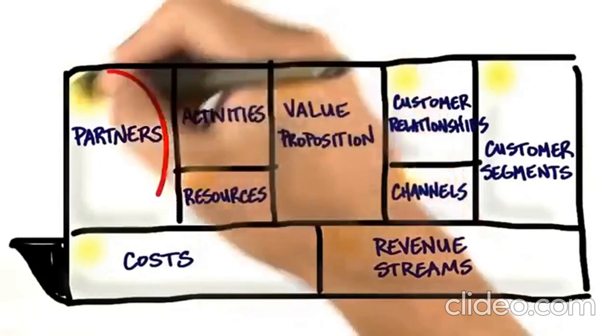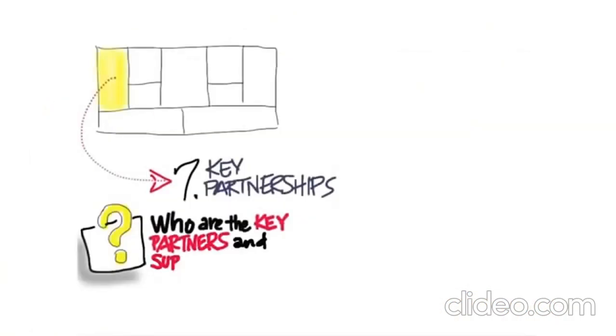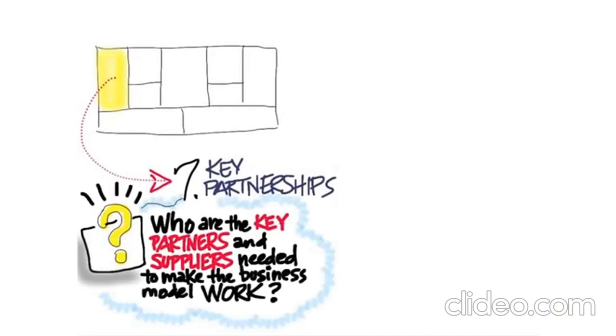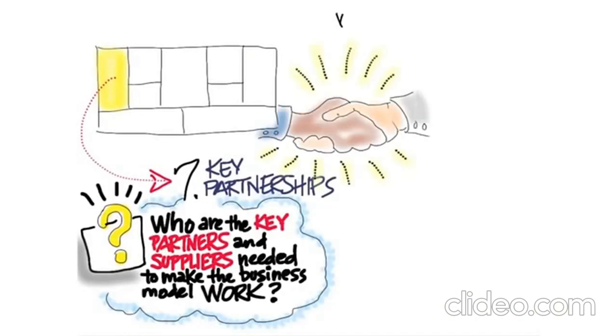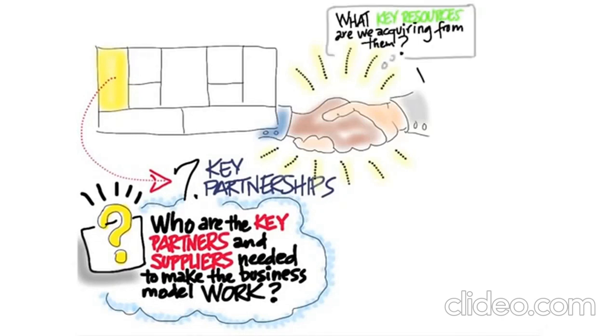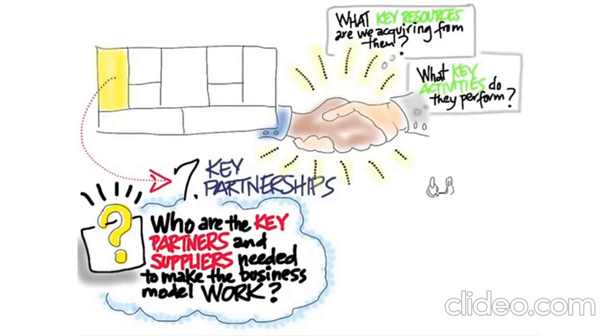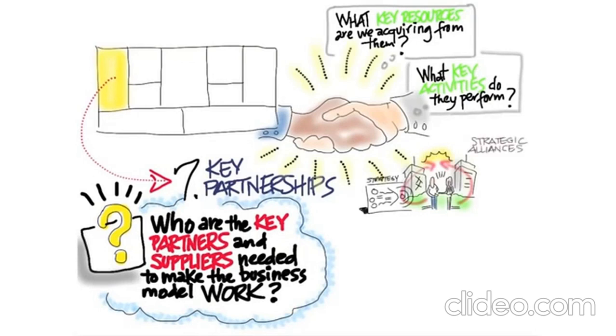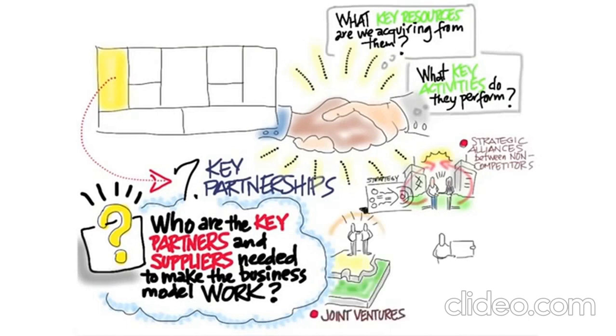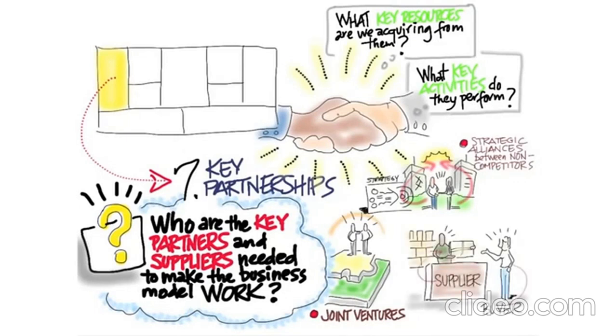The next piece is, who are your key partners and suppliers? And partnerships are kind of interesting in that we need to ask ourselves, what's the deal? What exactly are we acquiring from partners? And also, what activities are they going to perform and when? And this is where startups sometimes make a mistake of thinking, well, large companies do partnerships, I guess I need those too on day one. Turns out the types of partnerships you need in year 1 are certainly not the ones you're going to need in year 3 or 5 or 10. And the types of partnerships could be strategic alliances, joint ventures, just regular suppliers and buyers. And so you need to be thinking through who they are and actually getting out of the building and testing them.